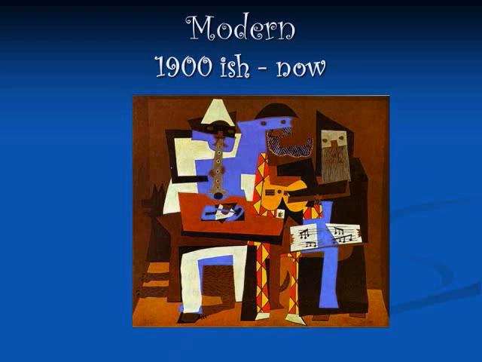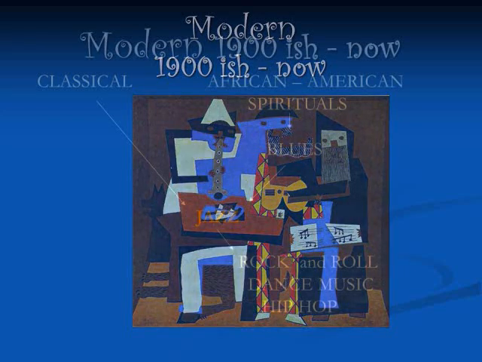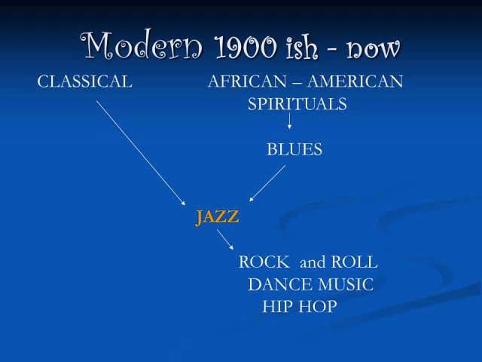Okay, so instead, let's look at modern popular music. In the late 1800s, African American spirituals and folk songs, which were influenced by African and Caribbean music, were being used as the basis for blues music, which sort of married classical music and became jazz. In the early 1950s, jazz and blues morphed into early rock and roll, and from there we get pop, dance music, hip hop, and rap. So all of these styles and forms of music are still very much alive, and without the mix of the European classical music with the African inspired music, we wouldn't have the popular music that we have today. In other words,